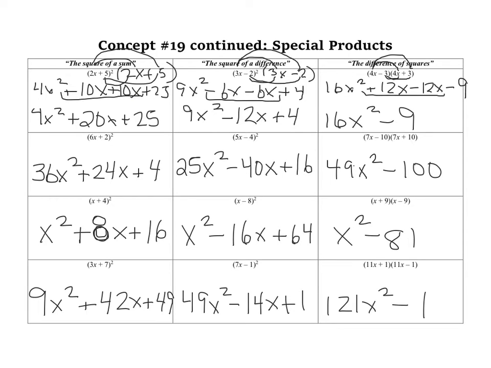All right, now take a moment and look at these answers. And if you haven't actually gone through and done FOIL on all of them, you need to do that. Like, don't just write these answers down. There should be that middle step going on in here. So you should have these steps written down above these. I didn't do that